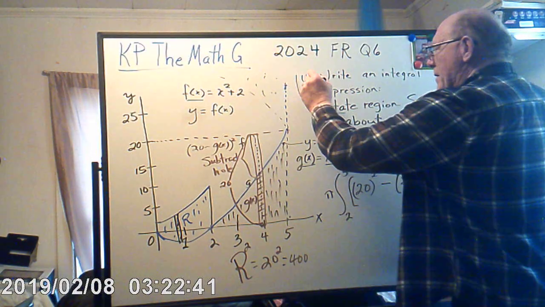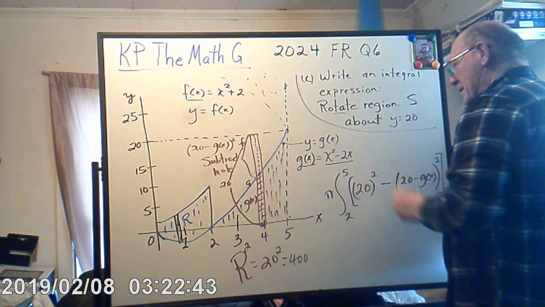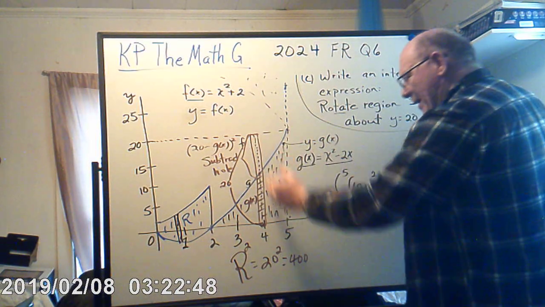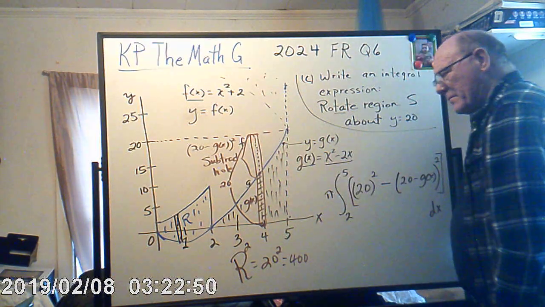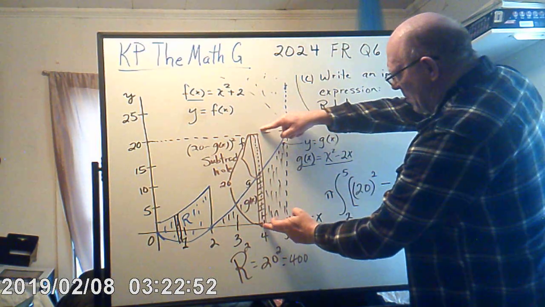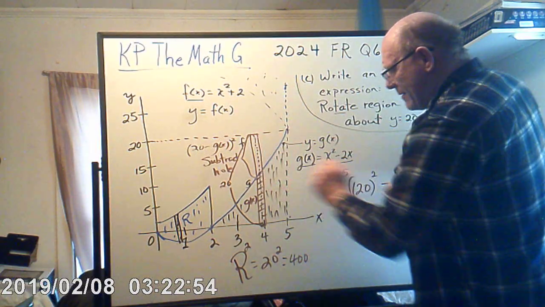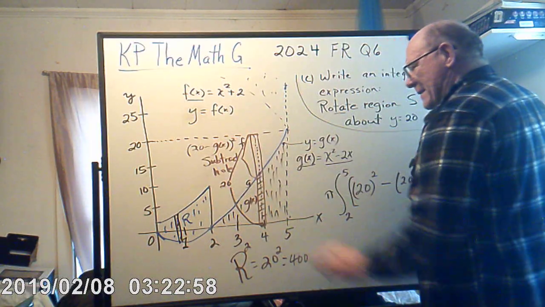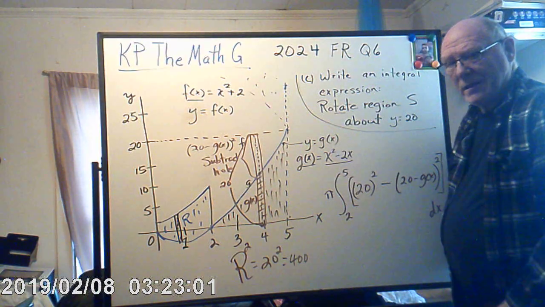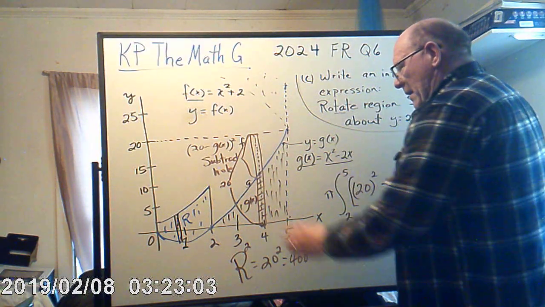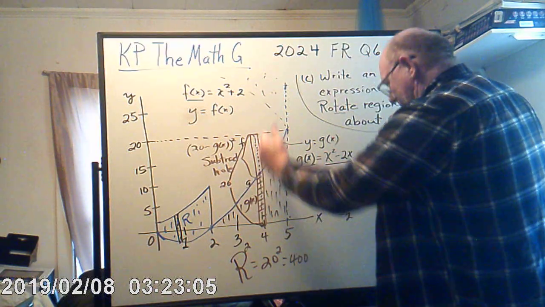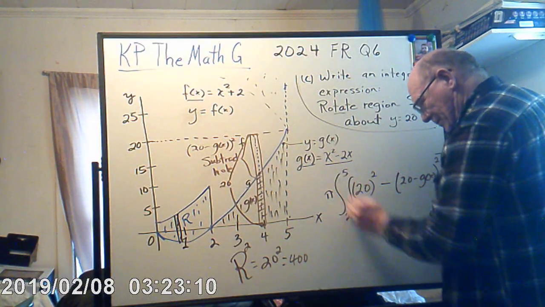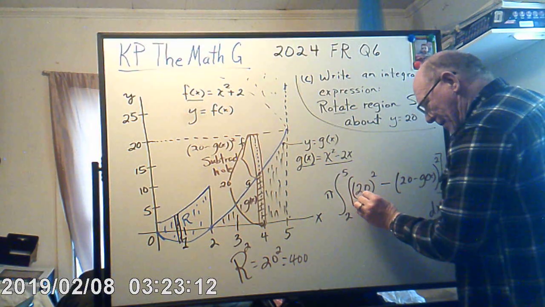This was actually problem C right here. Okay, that's what you're doing right there. Anytime you have that right there, you're looking at the hole. If you see a hole here, which we do, an empty space, that's a hole. Just understand that. And so it's the total thing squared, pi in front, from 2 to 5, 20 squared